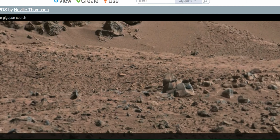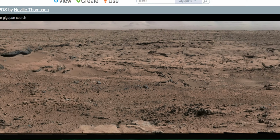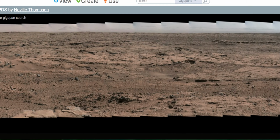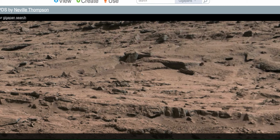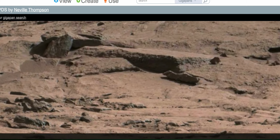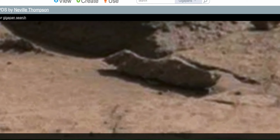And just to end here, and so I don't make this endless, let me just show you one other interesting thing, which is back here. This is the Rocknest billion pixel image, by the way. And you zoom in and we can get real close with this version that Neville did, but this piece of equipment here doesn't look like a rock to me. It looks like maybe some sort of a tunneling machine. Take a look. That's not what I wanted to show you, but